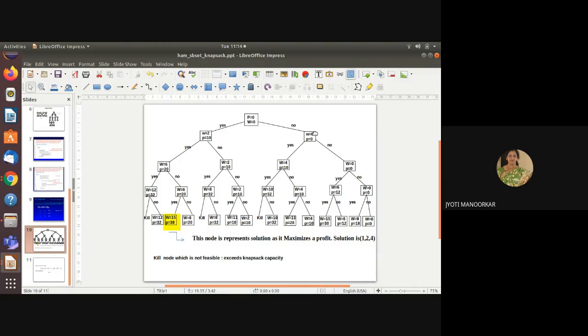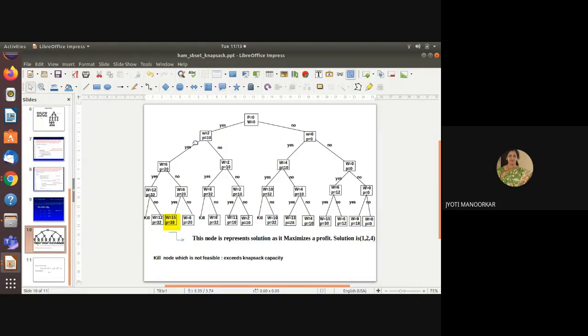So W will remain as it is, as it was for your root node. W is equal to 0 and P is also equal to 0. Then come to the second level, that is, increase your level. That means now consider the next element also. So the next level represents that you are now considering two elements, the combination of the first two elements. If you explore the node with W equal to 2 and P equal to 10,